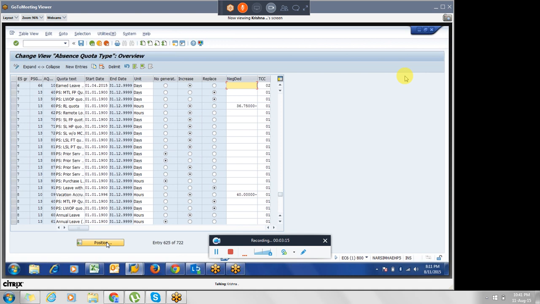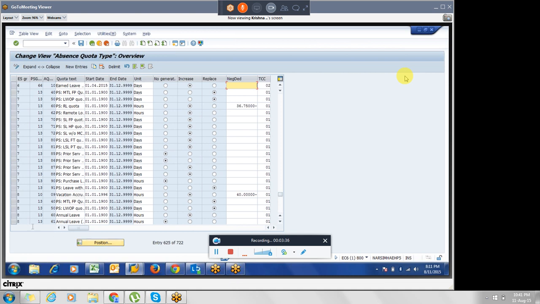Let us say in a company payroll was implemented, but time evaluation was not implemented. They are using the RPTQTA program to generate quotas and all this stuff. Let us say from a particular point of time you have a go-live date for the time evaluation implementation.